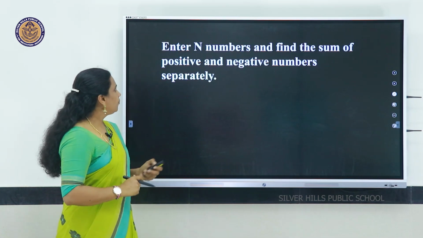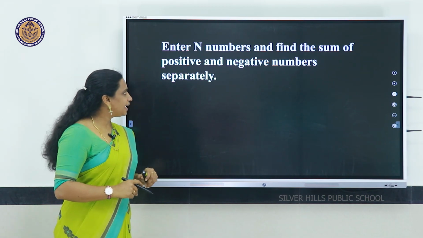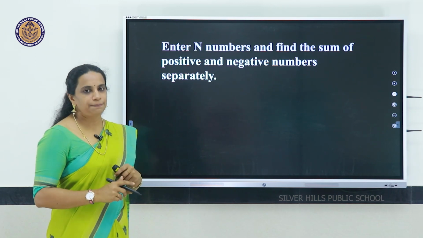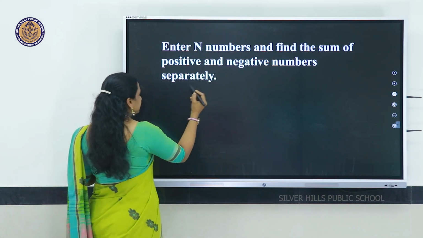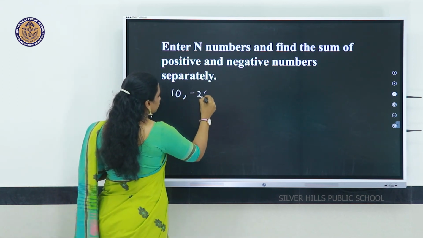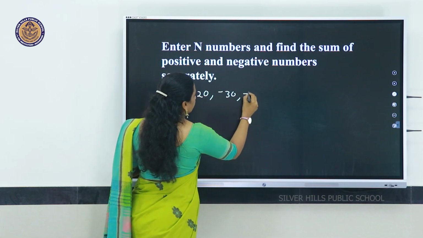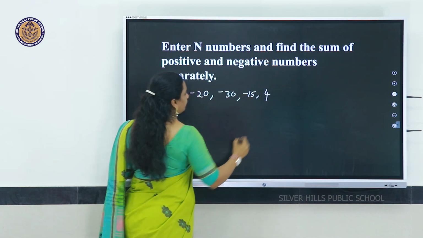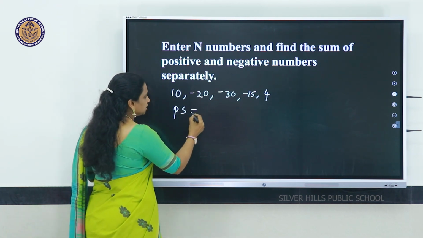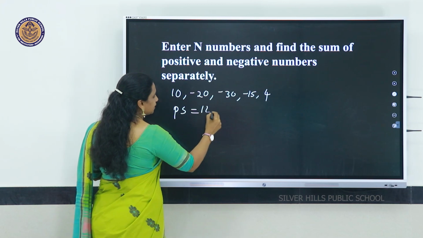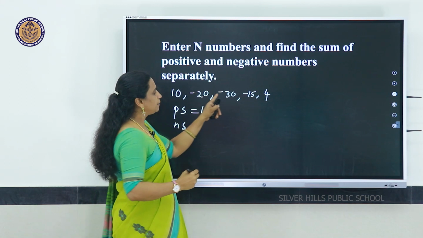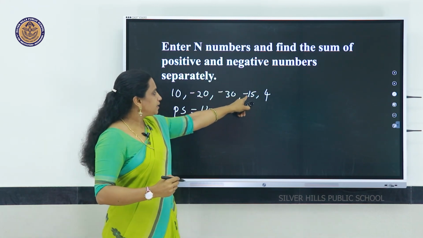Okay. Now, the next program is enter n numbers and find the sum of positive and negative numbers separately. For example, consider the numbers that I have entered are 10, then minus 20, minus 30, minus 15, then 4. Now, positive sum, suppose that I am using the variable PS for positive sum, that is 10 plus 4 is equal to 14. Now, negative sum NS, that is minus 20 plus minus 30 is minus 50, plus minus 15,